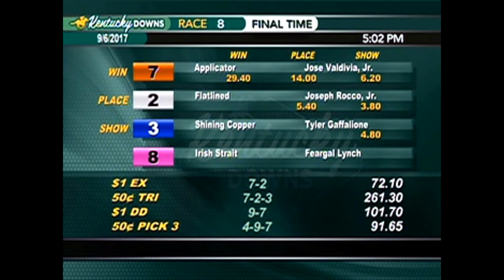Here are those payoffs in today's 8th race. That $1 exacta paid $72.10. The 50-cent trifecta